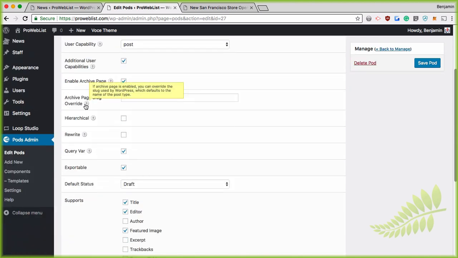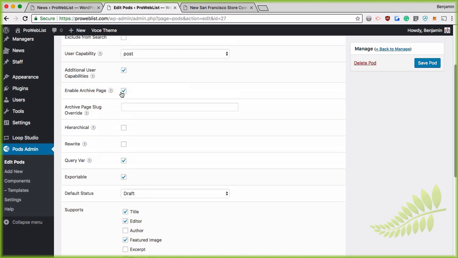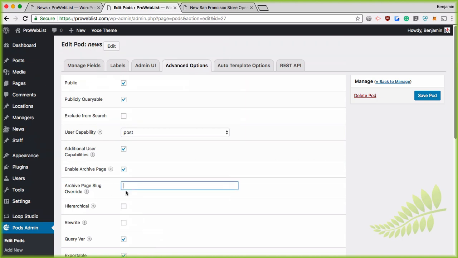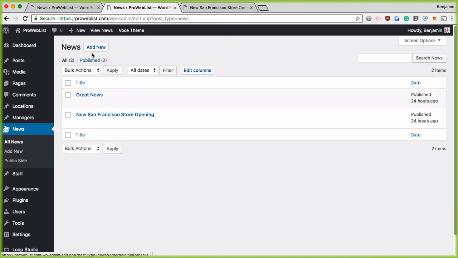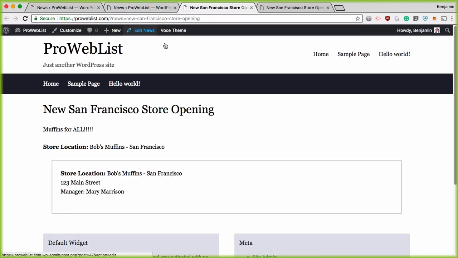So if we're going to enable this archive page, I'm going to override the page slug, because right now it's just news. I'm going to call this news feed. So any archive page is going to go through the news feed. Save this. So let's go back to our news. And if we were to view our little post type,